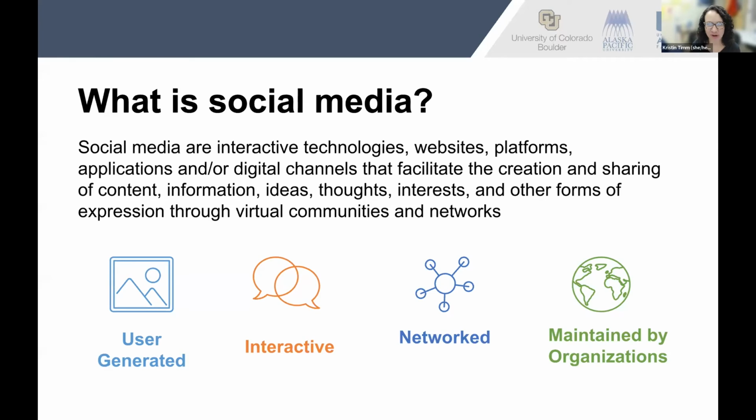And so I wanted to start off, because it's always useful to start off with some definitions. So what do we mean by social media? Social media can be defined as interactive technologies, websites, platforms, applications that facilitate the creation and sharing of content, information, ideas, thoughts, interests, or other forms of expression through virtual communities and networks. And there's four main characteristics of social media that are important to emphasize when we start to think about how we'll use it for